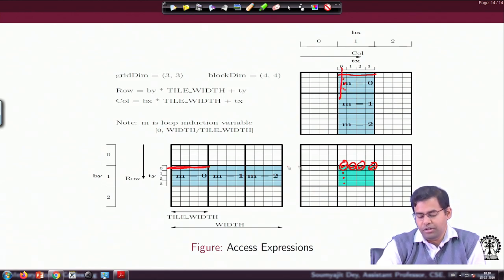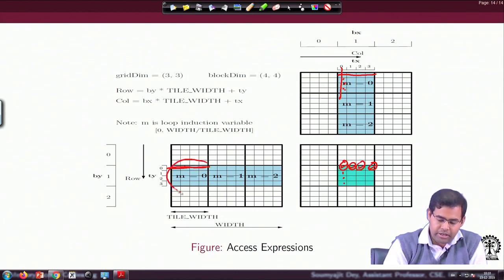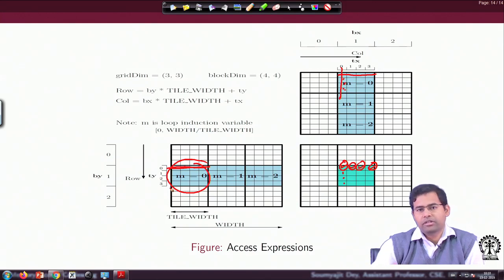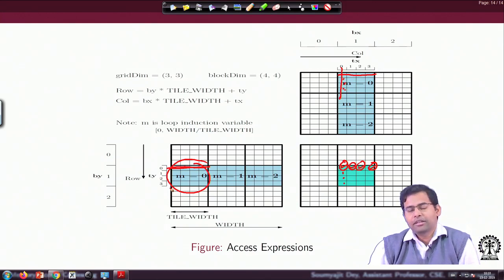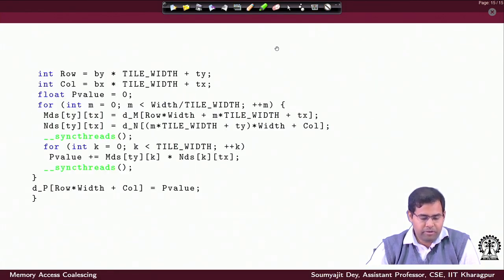So, essentially, once all the actual global loads have been performed while bringing the things for this entire tile collaboratively by all the threads in parallel, after that, in the next sequence of multiply and add operations inside the inner loop, all the operations are now shared memory operations.